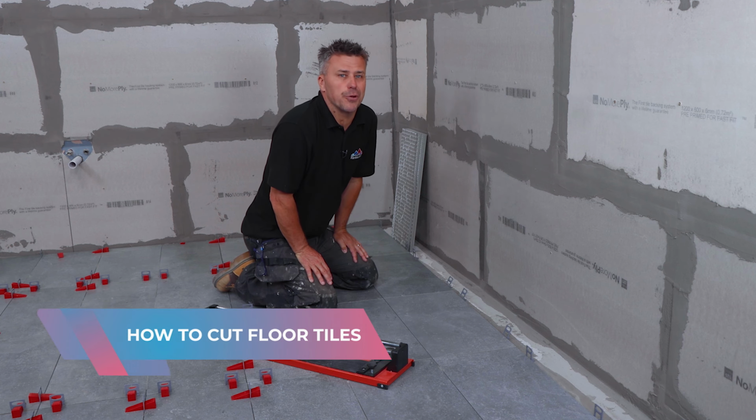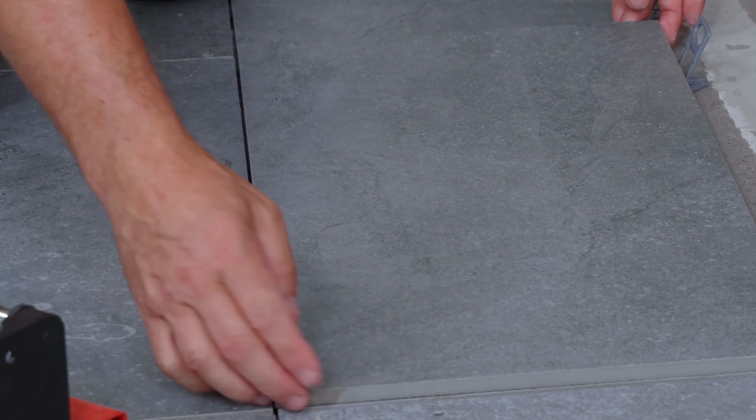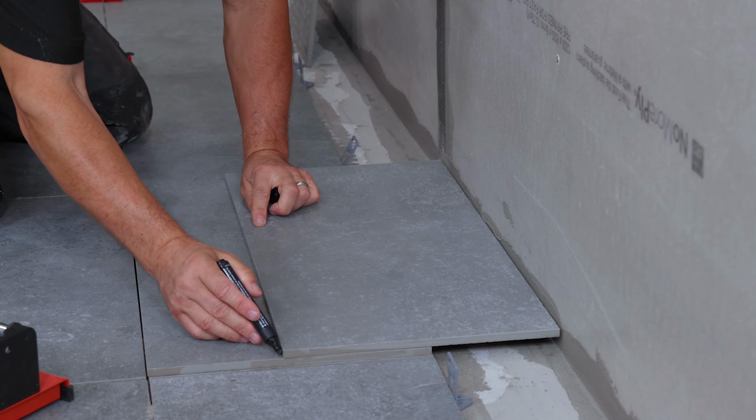In this video, I'm going to show you how to cut floor tiles. Start by placing a tile directly on top, making sure it's flush with one of the tiles on the floor. Then put a second one over there, push it up to the back wall, take your marker pen and mark